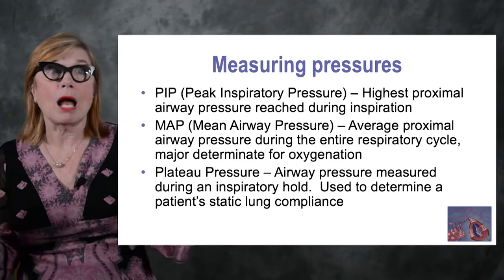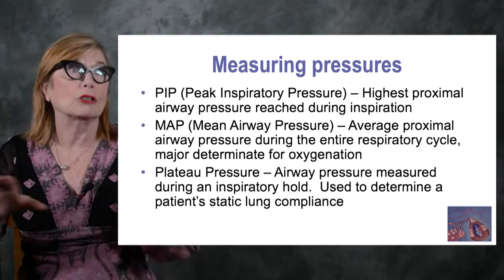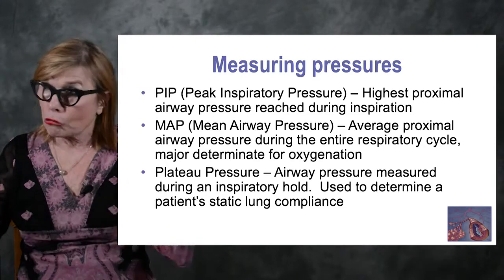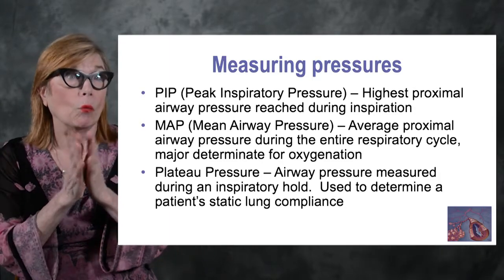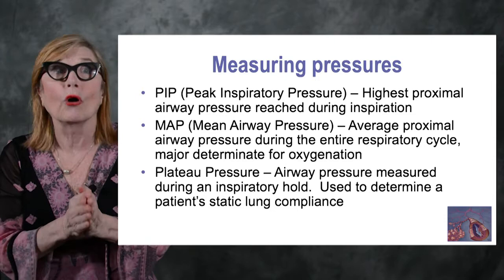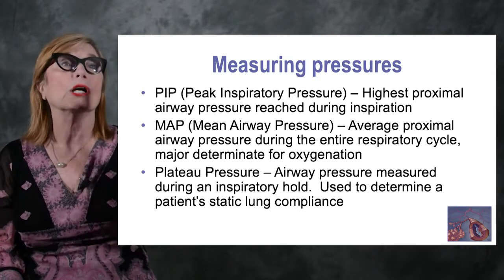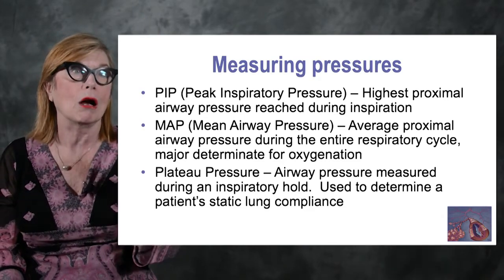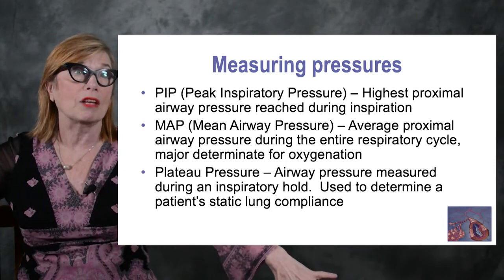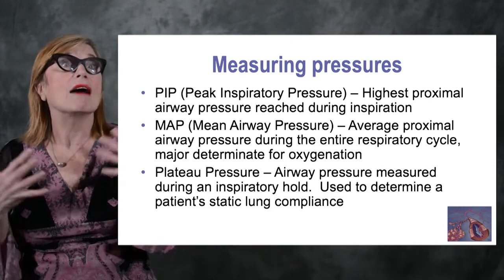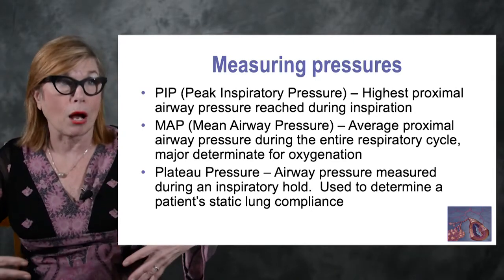Now, it may not be the alveoli's actual fault. There might be a pneumothorax, it could be a hemothorax, it could be high transpulmonary pressure, and it may not necessarily be the alveoli, but in our class, we're going to talk about peak inspiratory pressure as resistance and compliance, and we're going to use plateau pressure as a measure of compliance. Remember that I must overcome resistance to get to the alveoli. But if I have dysfunctional alveoli, that's also going to affect the way the gas flows through my primary conducting